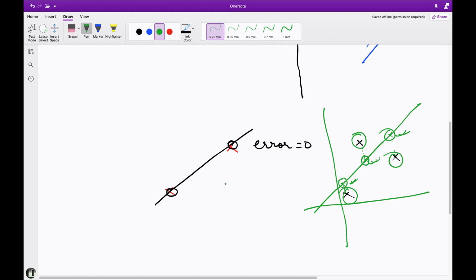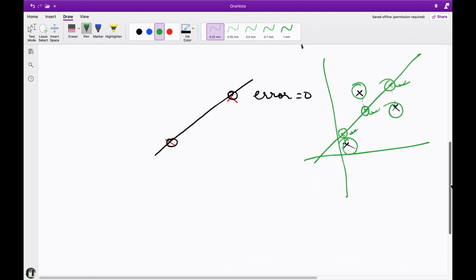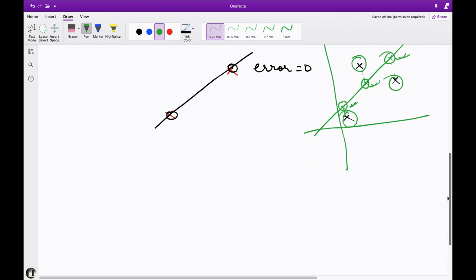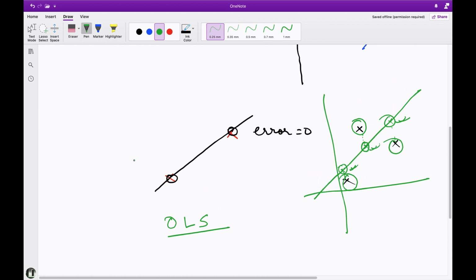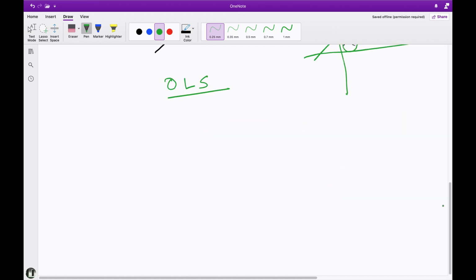So this is how we draw a best fit line, and this happens by the method of ordinary least squares in linear regression. Ordinary least squares, and you got this point, right? Here also it could have been a line like this or this, but only this line was giving us the minimum error, that is 0 error. That's why we have chosen this line. Similarly in this case you could have any number of points.